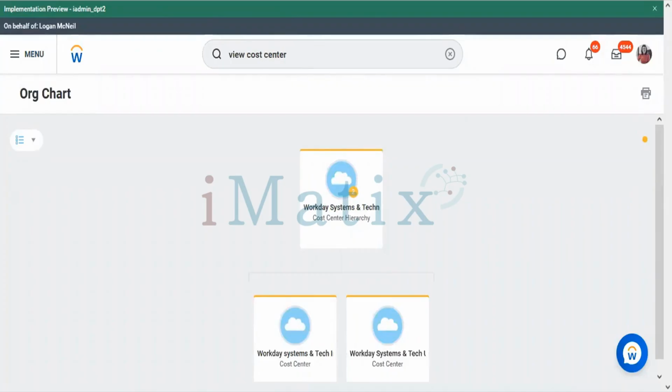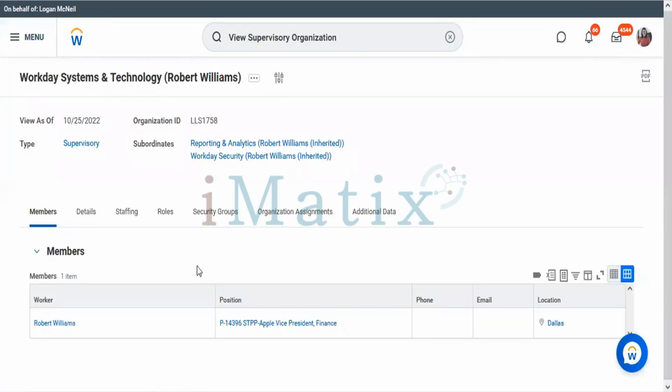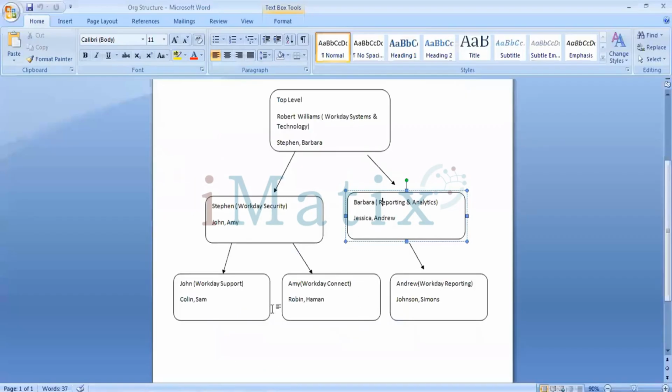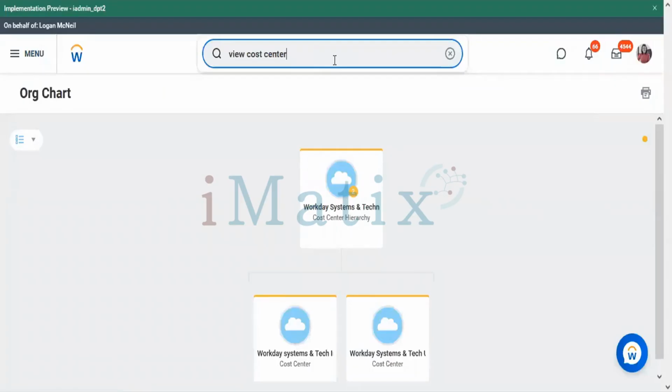We need to assign this. That's the only other thing you need to know. But the rest of the things we'll be covering when we create these two, level 2 and level 3 organizations. Should I move to creation of this org structure?